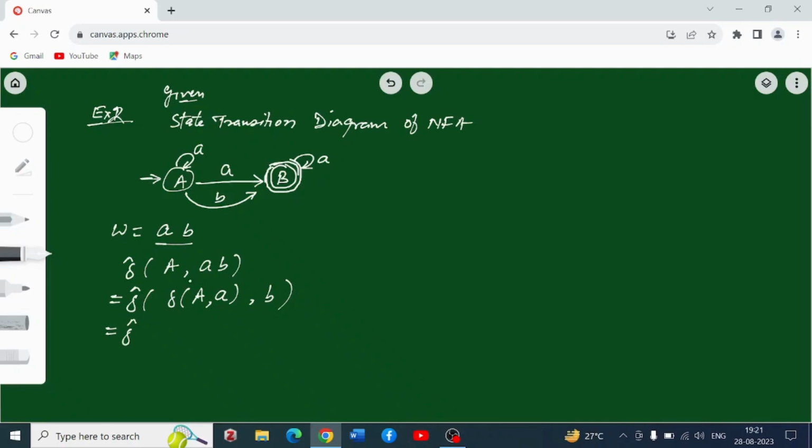From the state transition diagram, it is clear that the state A on input a is going to two different states, which are A itself and B. Therefore, as the transition of A on input a, we will have the states A and B. This is the remaining input symbol, which is small b. If you extend this transition function, where you have two states A and B, and the input symbol is b,